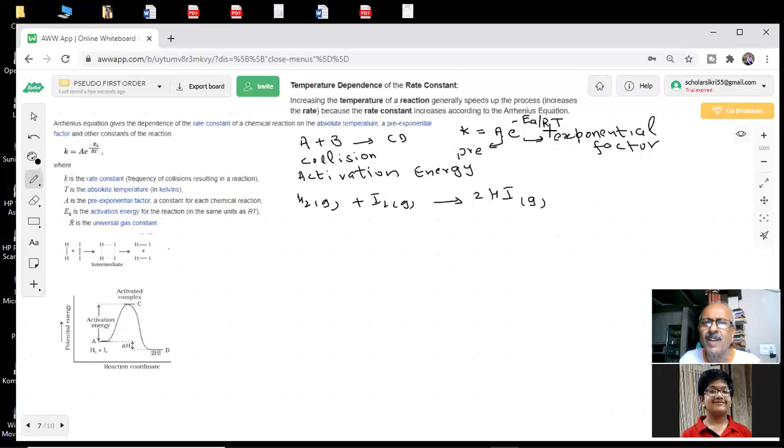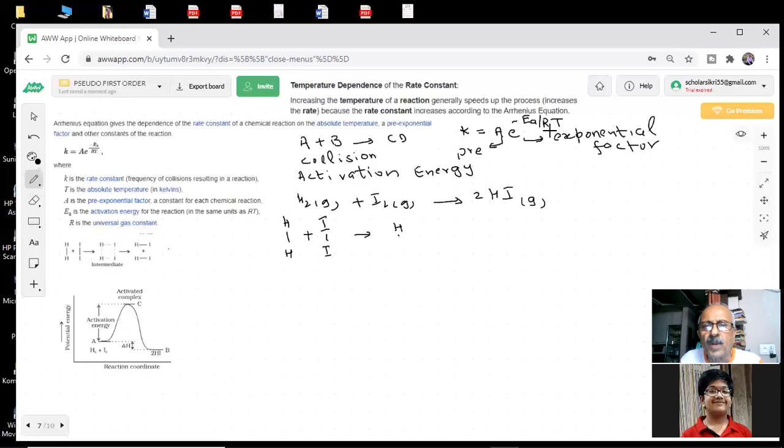When I mix the two, they already have some energy. Some energy is there in hydrogen and iodine. And what will happen? They will come and collide. He also gave an idea that some intermediate is going to be formed. What I'm trying to tell you, students, is that here you have H and H, and here you have I and I. Now they are coming together, closer to each other. Then what is the result of this, students?